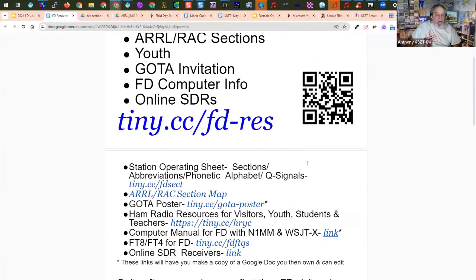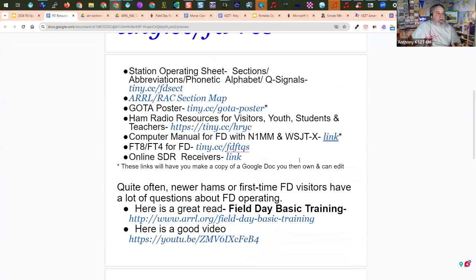Another thing you might want for your education table is a way for people to listen to the Field Day activity. There's a couple ways to do that. You can put a receiver out there, and you don't even need an antenna. You can just put a piece of wire this long, and they'll be able to hear everything that's going on from your stations. But the other thing that's even better is to give them this handout at your website